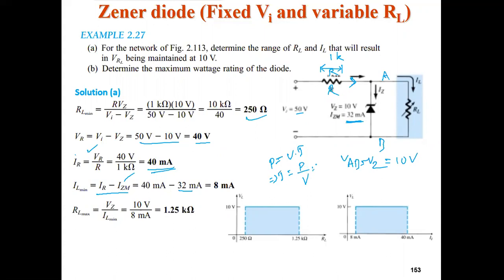So if let us say PZM, तो यहाँ पे कुछ क्वेश्चन में देखेंगे, instead of giving IZM, PZM will be given. That means maximum power across the diode will be given. So that PZM you can apply, divided by this voltage across it, VZ. तो इसको डिवाइड करने से तुमको मिल जाएगा I कितना है। तो उस तरफ का भी कर सकते हैं। तो एनीवे, दिस थिंग वी गॉट। RL मिनिमम तो हो गया था।